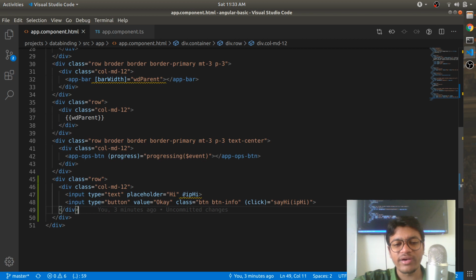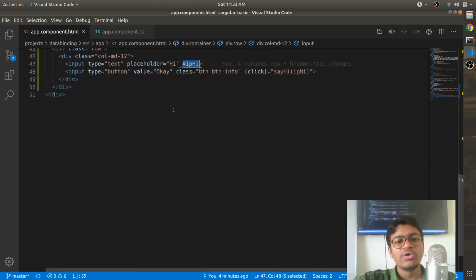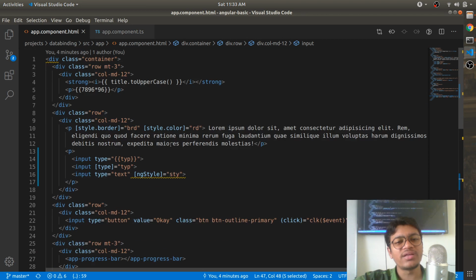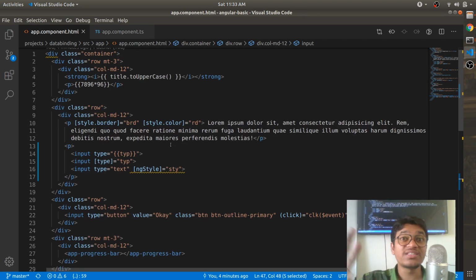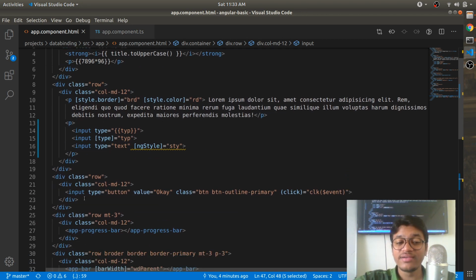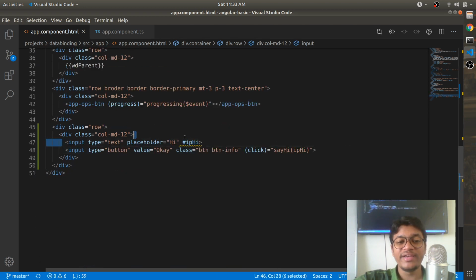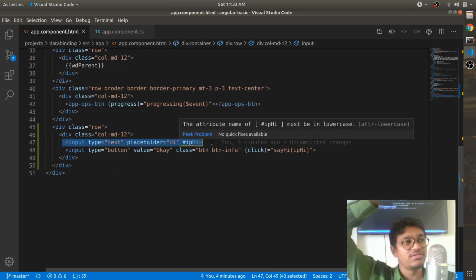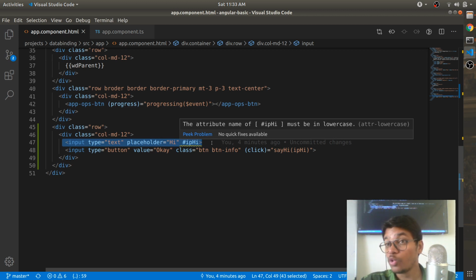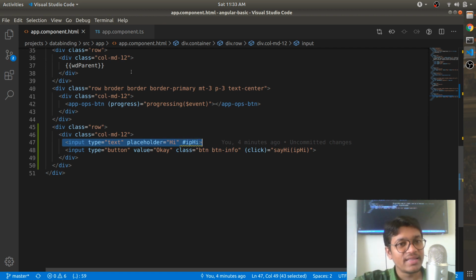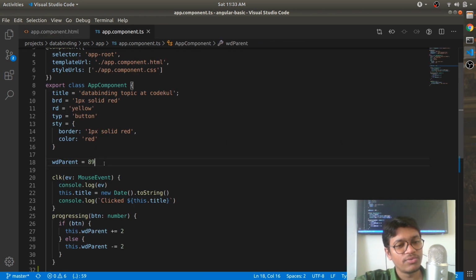right? The intention of local reference is to give access to other elements inside the template. But there are some cases where I need this input box in the TypeScript. The best recommended way is to provide two-way binding that we have done in the progress bar. So you don't need to worry about view and other things. But still, other than that, if you want to find some way, that way would be something called as